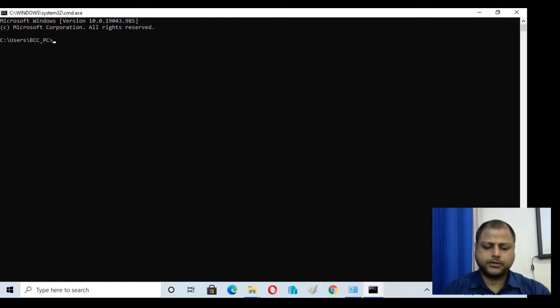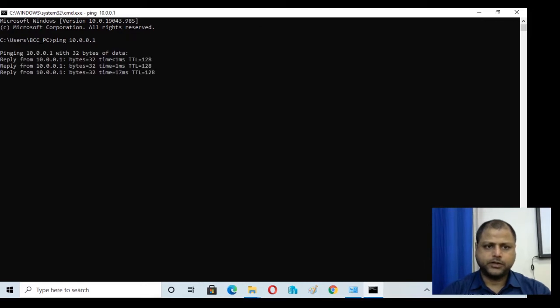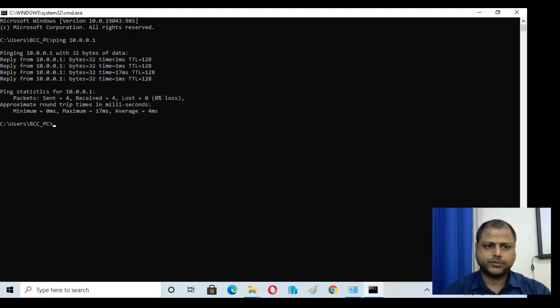For the configuration of group account, first of all we'll check the cloud system. So we'll check the connectivity. Now we'll ping 10.0.0.1 and the system is responding very well. So we can see that the response is coming. Now we'll ping the other node of the cloud, that is 10.0.0.2, and it is also responding very well.